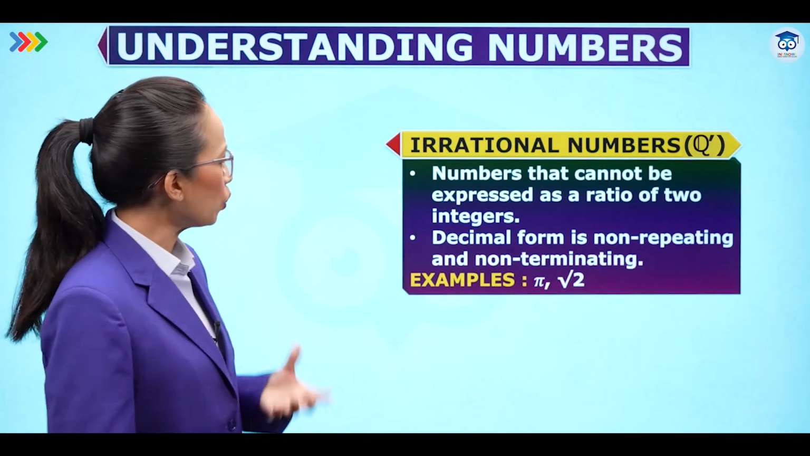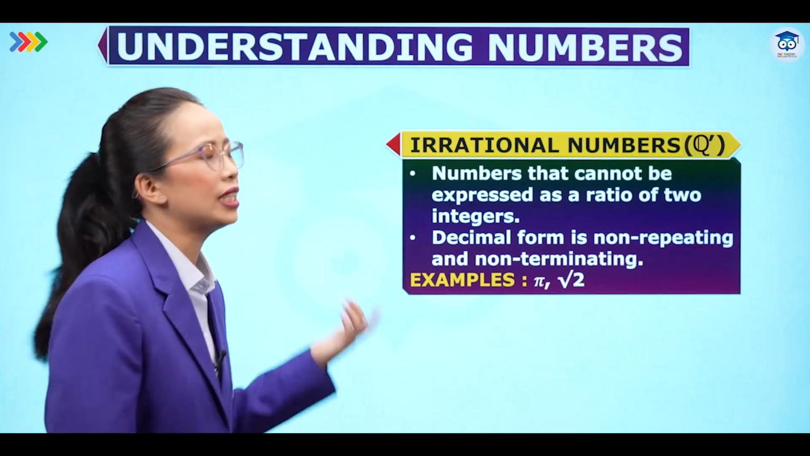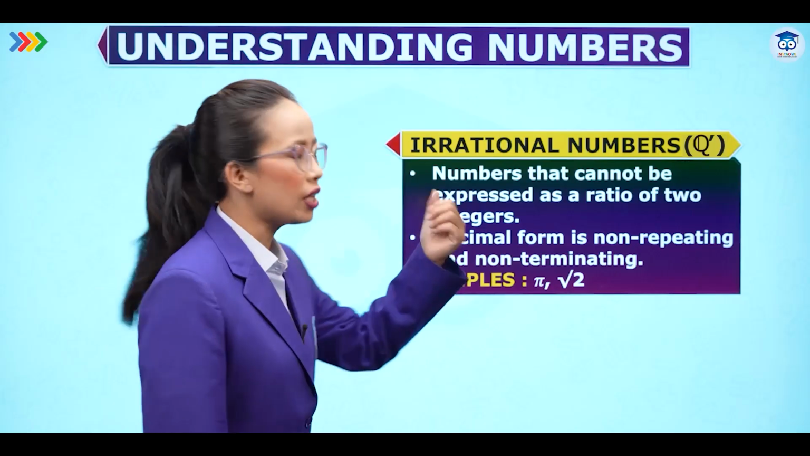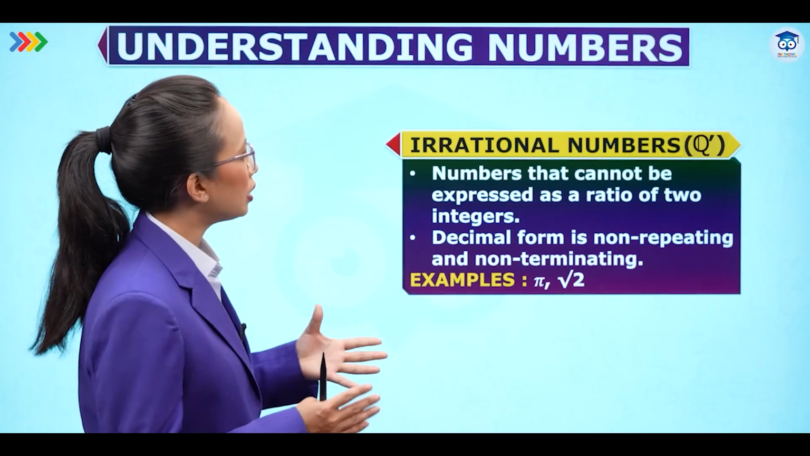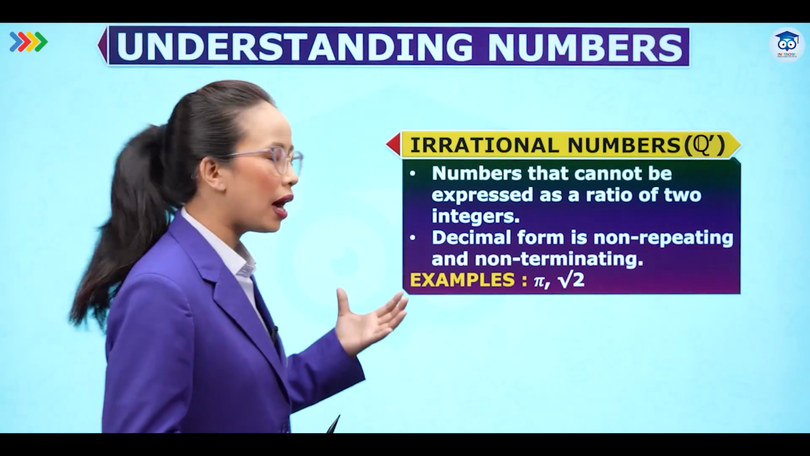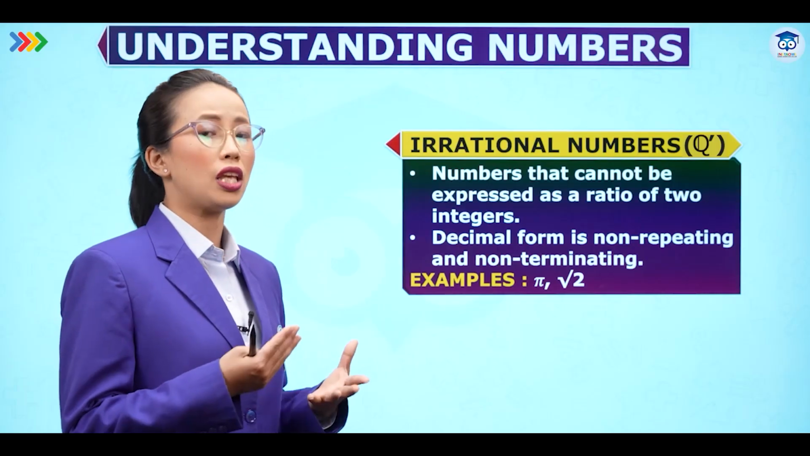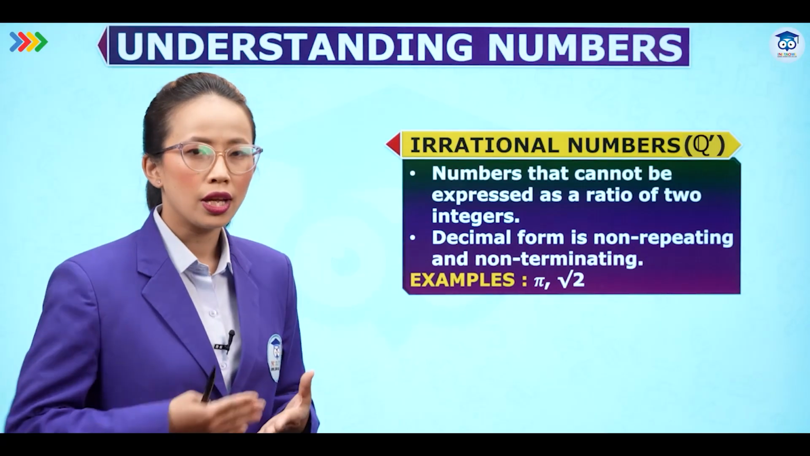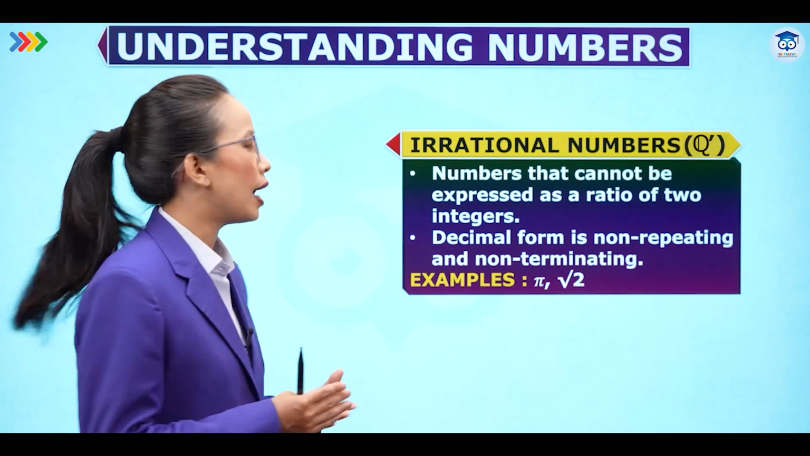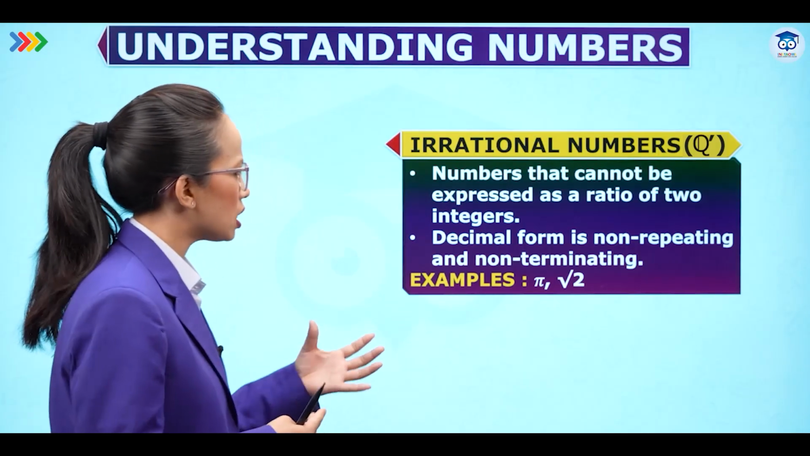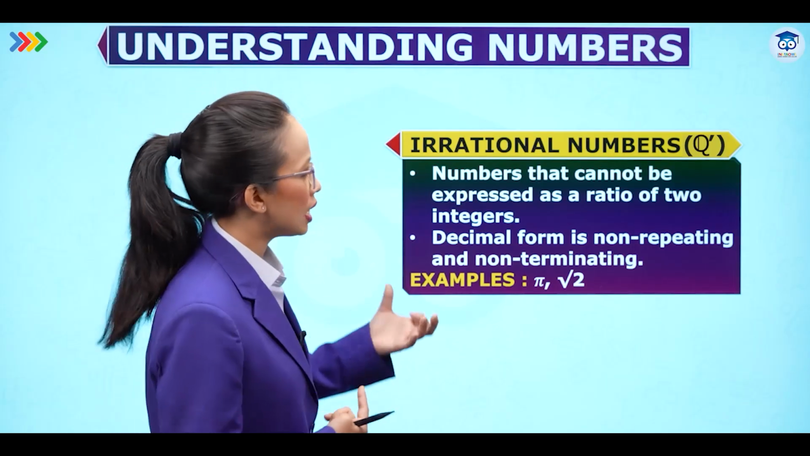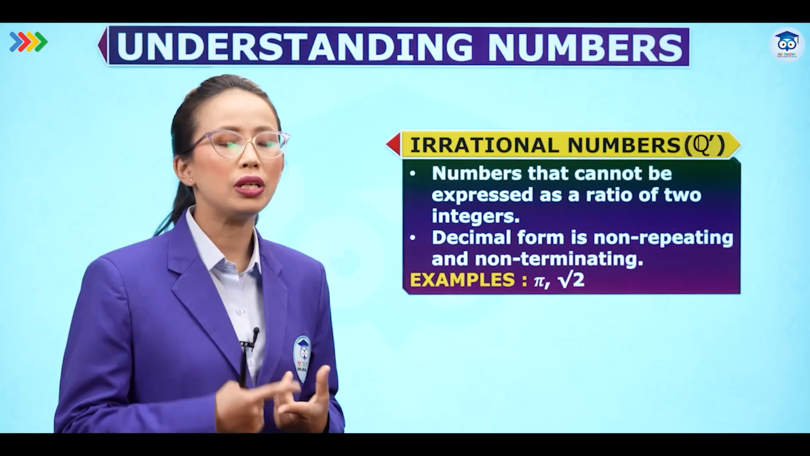So looking at this, we have another set which cannot be expressed in the form of p by q, which is known as the irrational numbers. Irrational numbers are numbers that cannot be expressed as the ratio of two integers. Like pi. Usually people say pi is equal to 22 by 7. It's not correct. It's approximately equal to 22 by 7. So pi is an irrational number and root 2 is also an irrational number. In the coming slide we'll see that the decimal form of an irrational number has a non-repeating and non-terminating decimal